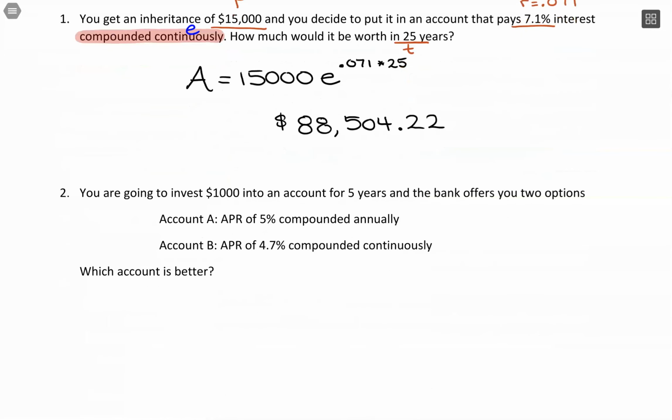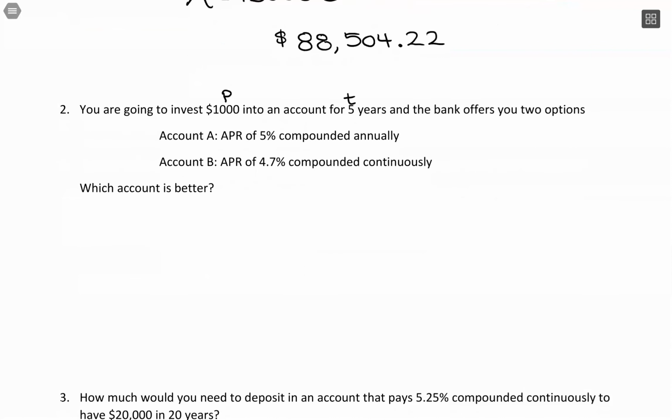All right, example 2 here. We're going to invest $1,000 for 5 years, and we're going to have 2 options, and we want to see which one's better. So we have this APR of 5% compounded annually. With that, the formula we'd be using is principal times (1 + r) to the t. You could use that compounding formula with n, it's just n would equal 1, but it would be the same thing. And then continuously is going to be e, so we'll have